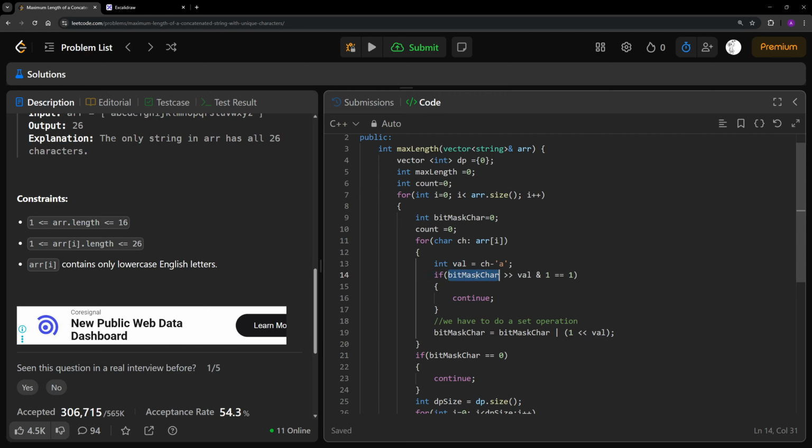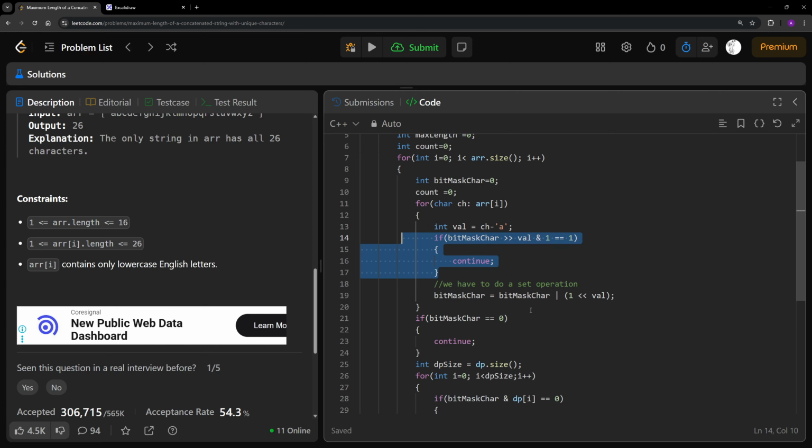And I will use this bitmask, right shift with the value, and then check if AND of one is equal to one or not. Because eventually what I'm checking over here is if this value at this given index is set, and if it is 0, meaning the value is not set, I will get 0 over here and we would have set it accordingly. Otherwise we would have just exited out of here, right?